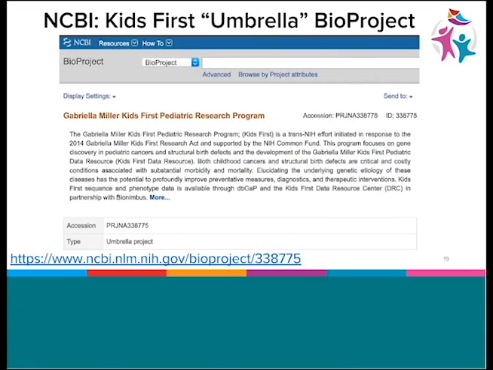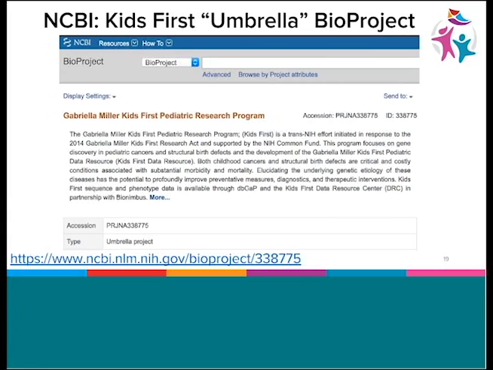So I'm just going to show you, for those who have not encountered this yet, there is an NCBI Kids First Umbrella BioProject repository for all of the Kids First data. And I'm not going to show you details now because I would sit here and click several times, but if you follow the breadcrumbs of essentially going through the umbrella project to your project of desire,